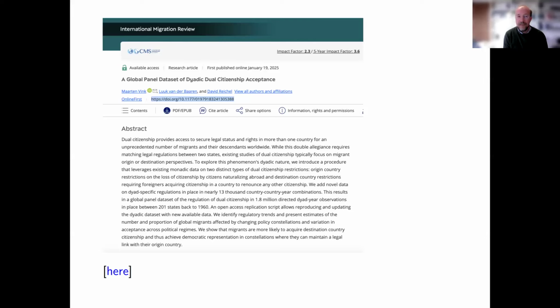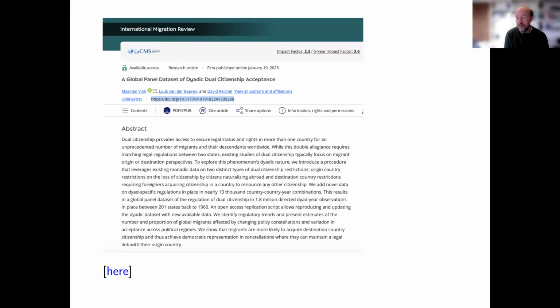The paper is online. If you don't have access to the paper, don't hesitate to email me, and I'm happy to send you a copy of the paper. There is also an ungated preprint version already available online, and all the data that we present in the paper are available freely in open access mode, and I will tell you all about the data.